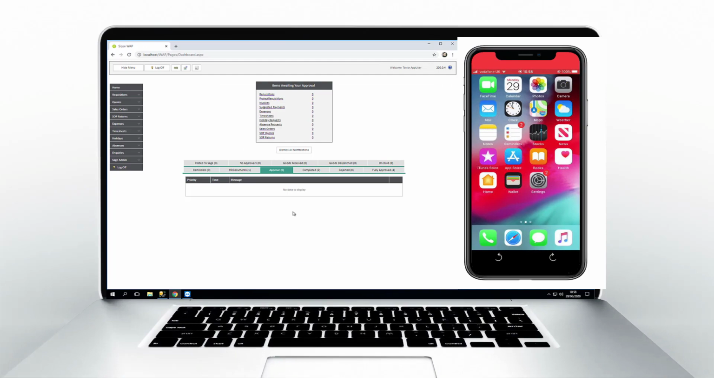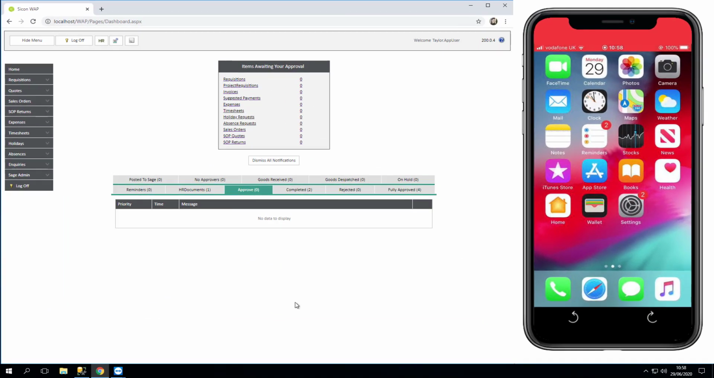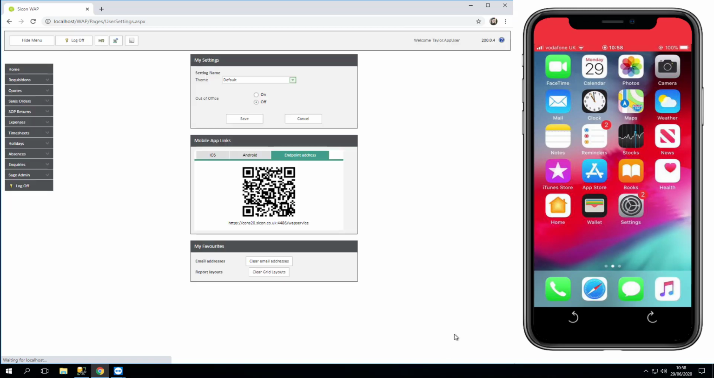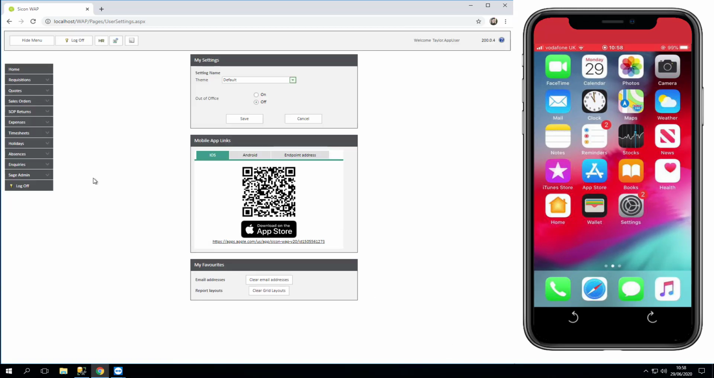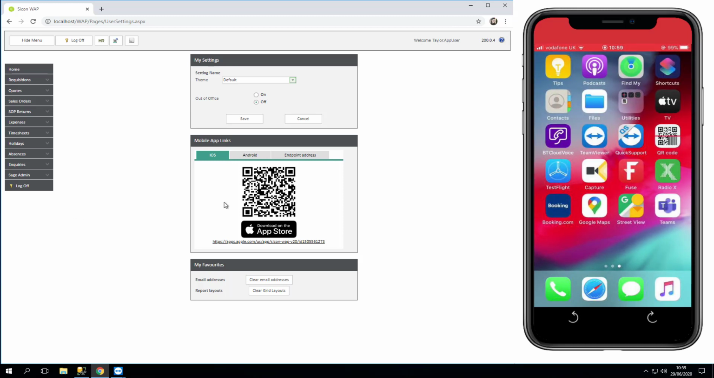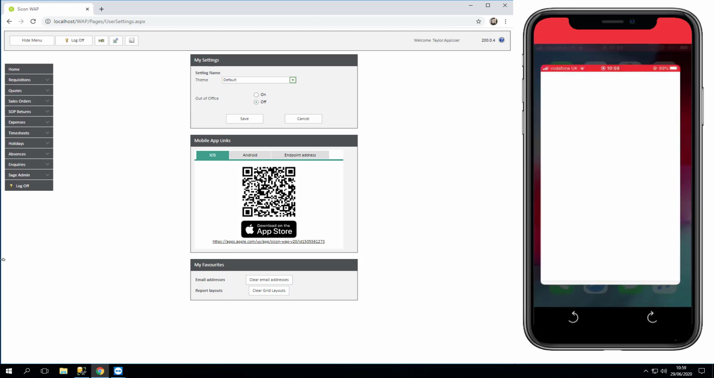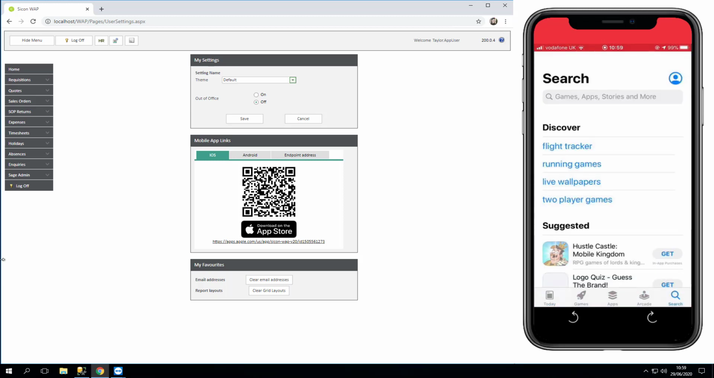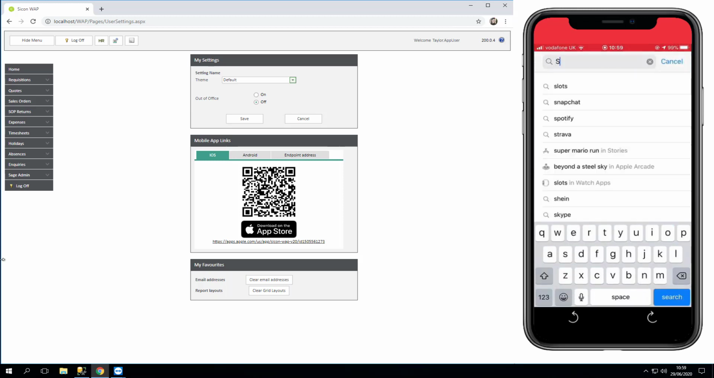To install the app on an Apple device, in the same way as for Android, you need to pop up to your personal settings on the desktop, come to your iOS area, where you can either use your QR code scanner and scan that, or you could also just go straight into the App Store and search for the version that you need. So search for Sicon